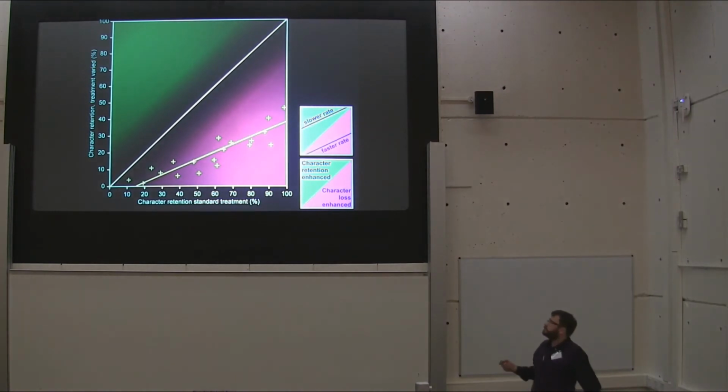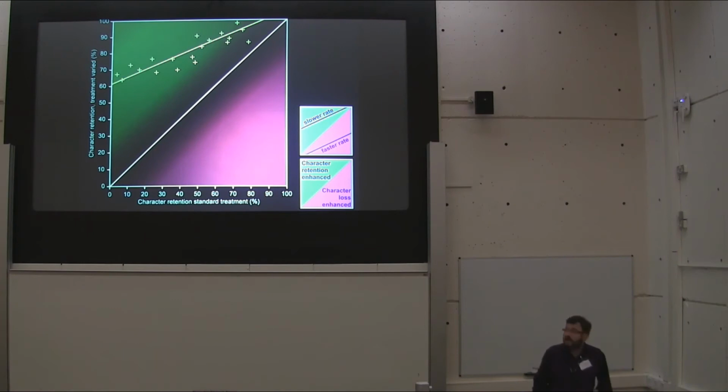But if we have a line where the displacement between your regression line and the one-to-one slope is greater in your most decay-resistant characters, then we have a faster rate of decay. And conversely, if we have the biggest displacement in your most decay-prone characters, then you've got a slower rate of